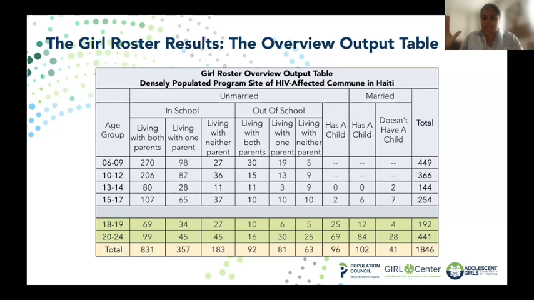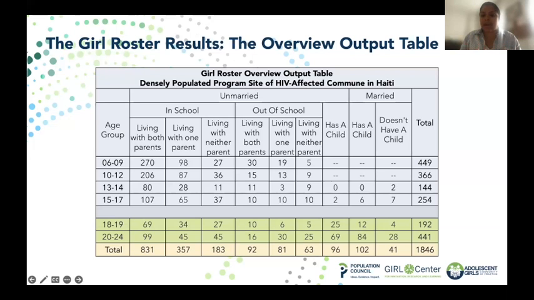As you can see, it's laid out with first the categories of unmarried, married, or unmarried and married. We do that because that is probably one of the more important indicators of vulnerability, particularly when thinking about marital status by age. Then within the category of unmarried, you have in school, out of school, or does she have a child? And under married, does she have a child or does not have a child? If you wanted to look at layers, like I want to know about whether the married girls are in school or not in school, that is a possibility. But in the overview, this is how it's listed.